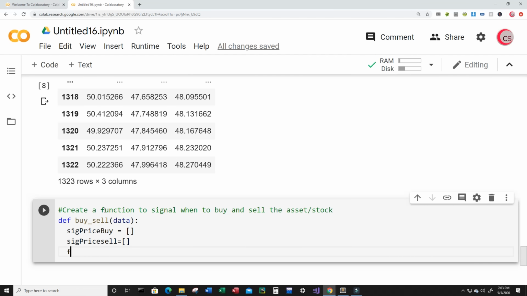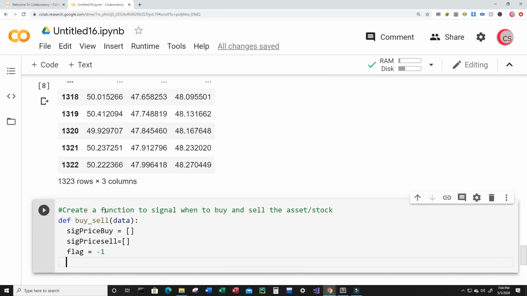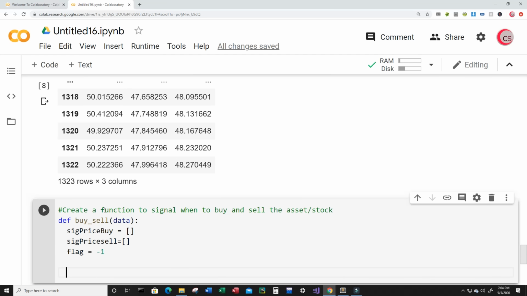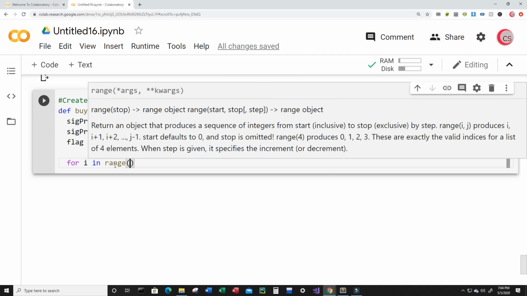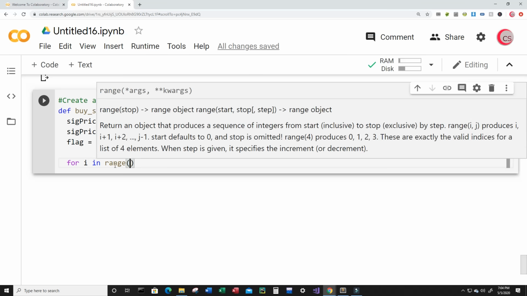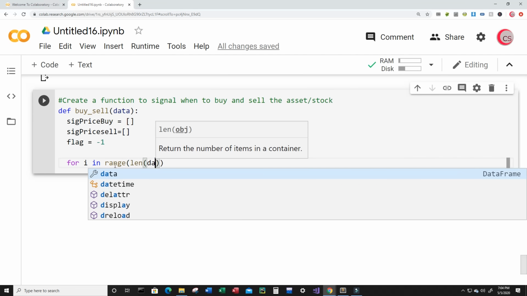Okay, then I'm going to create a flag that's basically going to tell me when the two moving averages crossed past each other. So I'm basically going to use the flag for that. Okay, so now I want to create a loop. So let me bring this up a little bit. All right, so for i in range len(data),